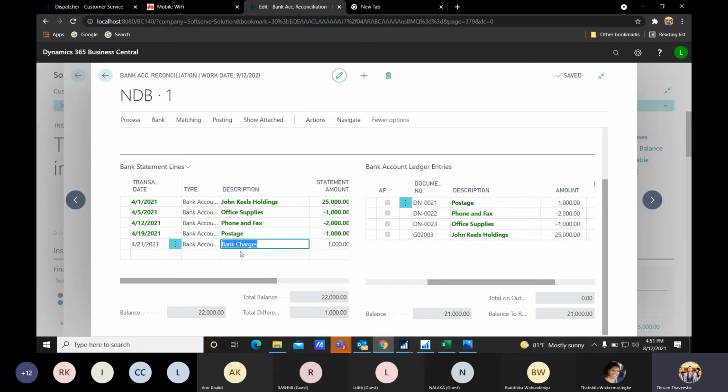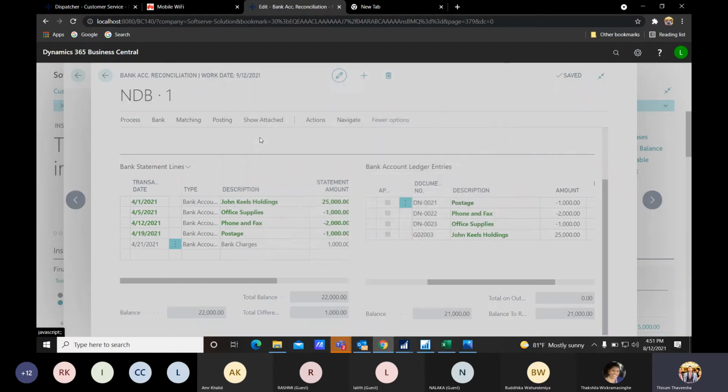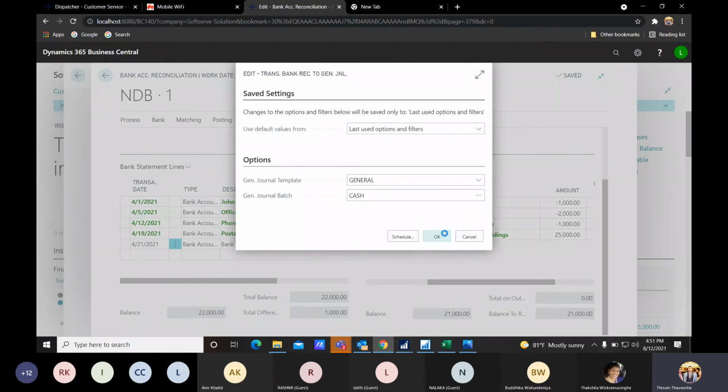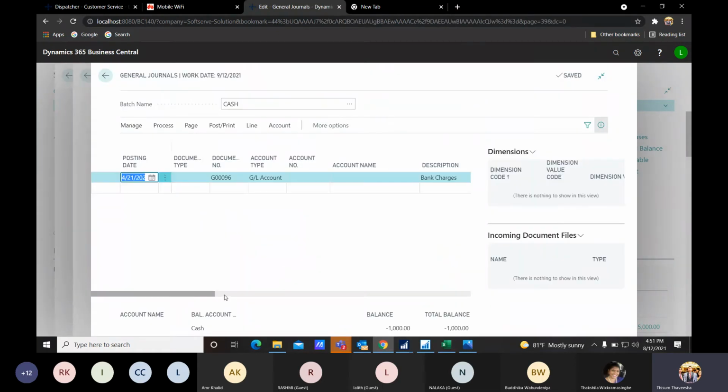Here we just enter the bank charges, and then we have the option called transfer to general journal. When we place this transfer to general journal, the relevant bank charges entry would be transferred to a journal entry. See, the amount would be automatically loaded, nothing to worry about.